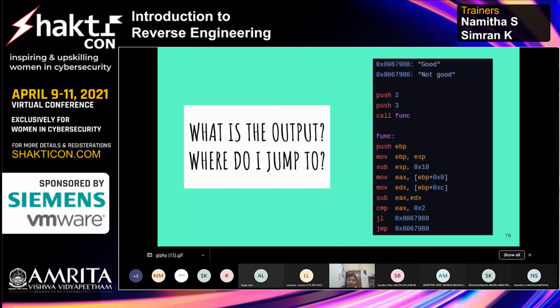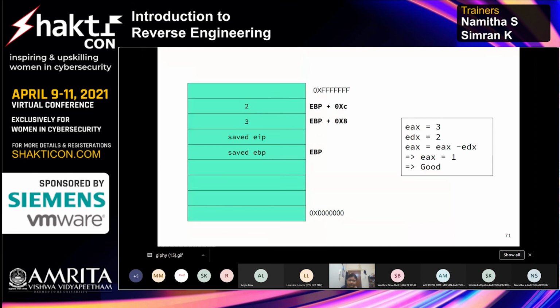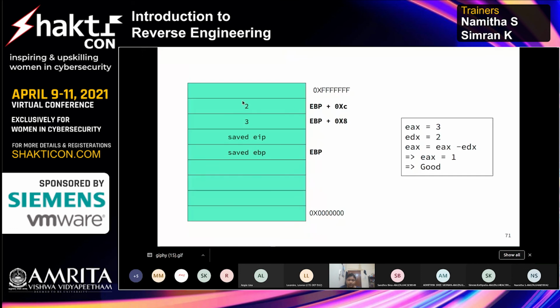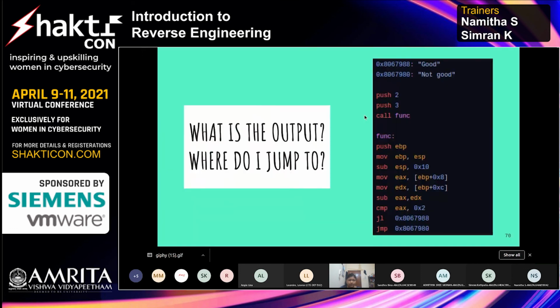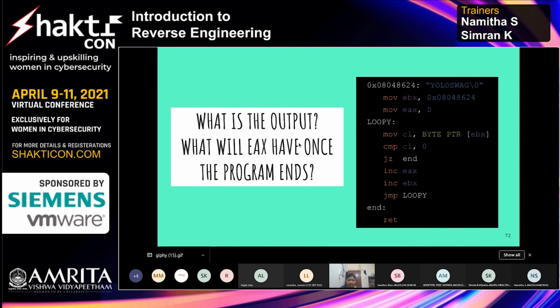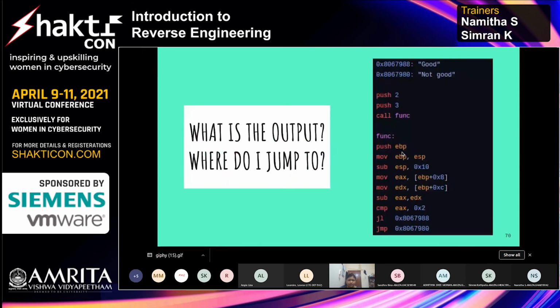Okay, so according to me, it should say good. So let's see how. We start from here. We are pushing 2 on the stack, so we have 2. Then we are pushing 3 on the stack, and then we are calling this function. When we call this function, you save your EIP, then you go to this function and you save your EBP.